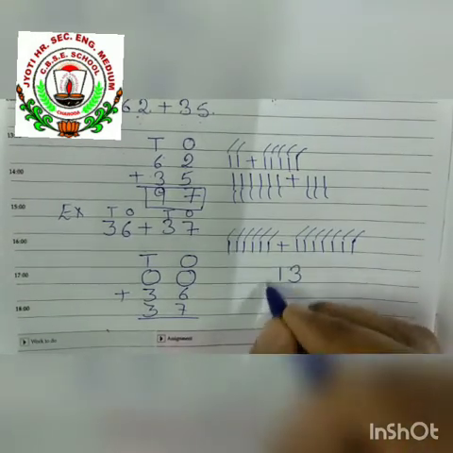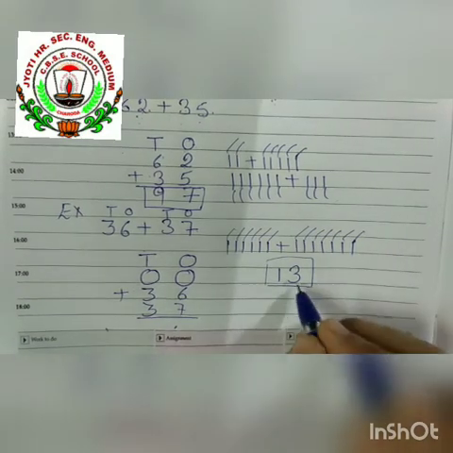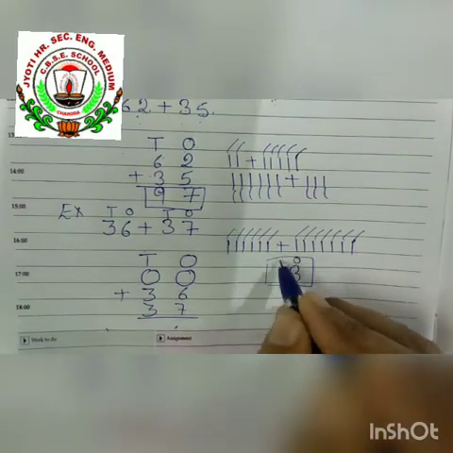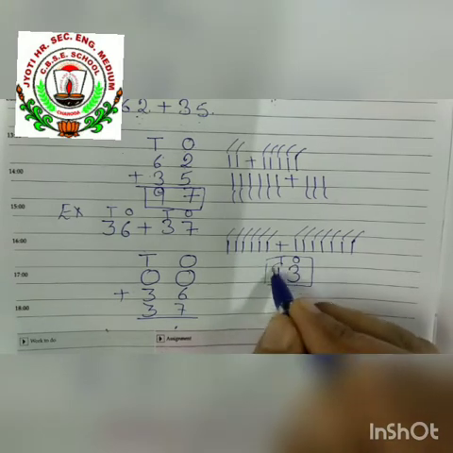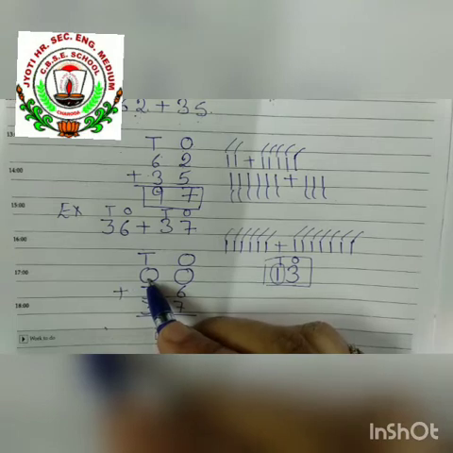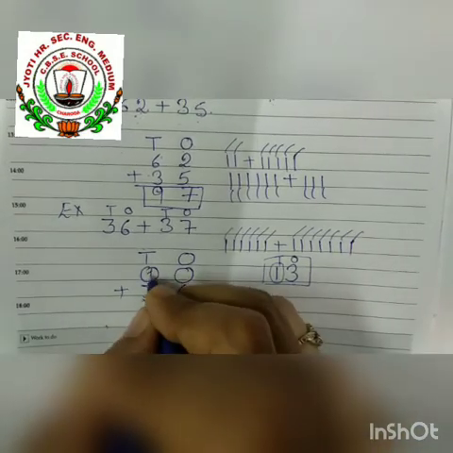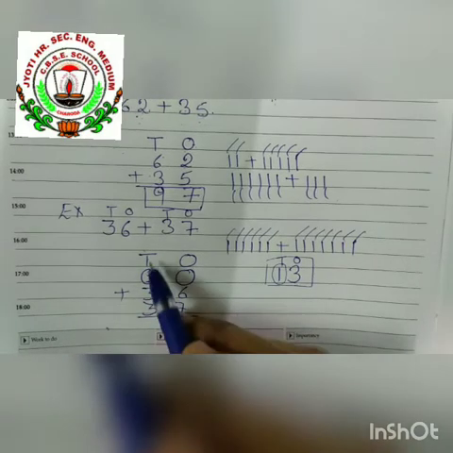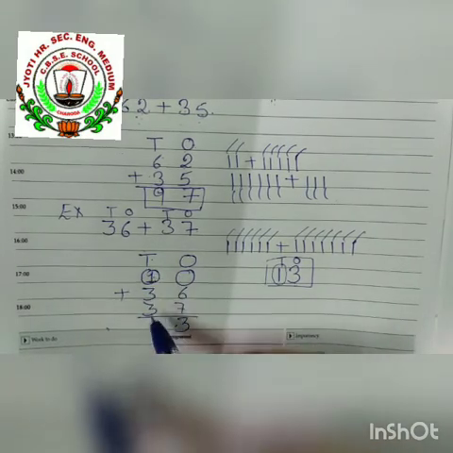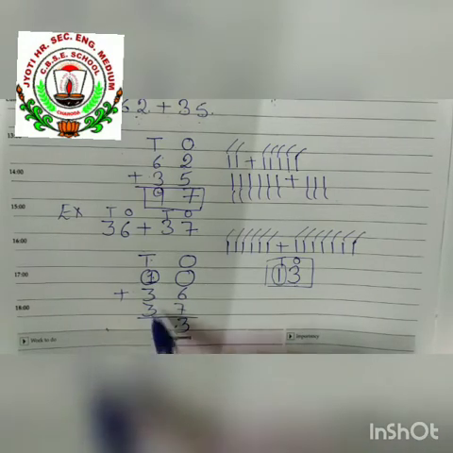Now we got a two-digit number. We can't write this two-digit number here. So the digit which is on the ones place we write here, and the digit we got in the tens place we give as carry over to the next number. So here we will write 3 and we will give 1 to the carryover. Now in the tens place we have 1, 3, 3. This 1 we also have to add with these 3, 3.